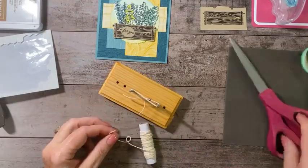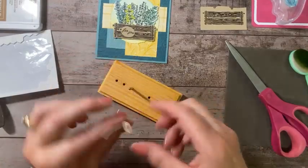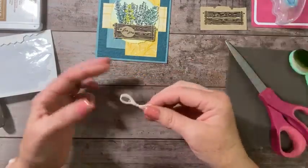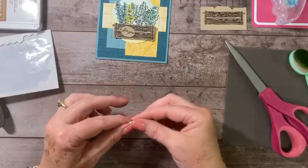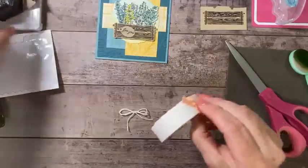And then I'm going to cut that off. And there is my bow. Now I've got a nice double loop bow I didn't have to struggle with. I'm going to take a mini glue dot here